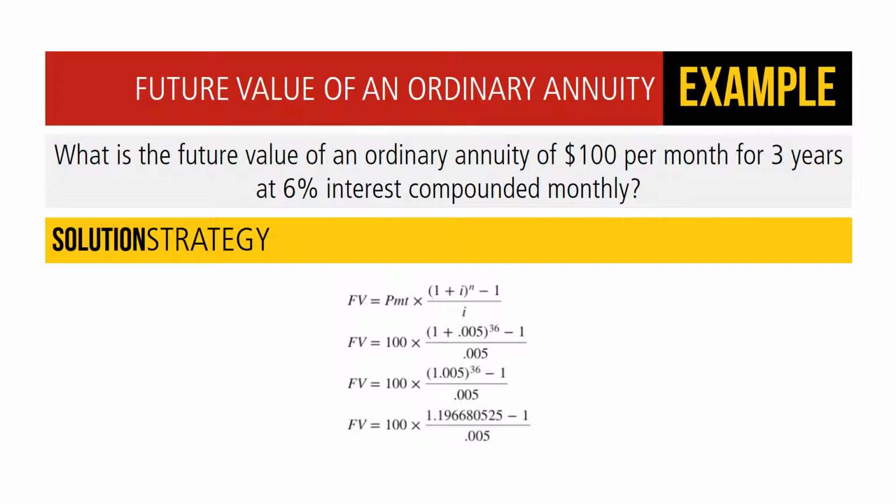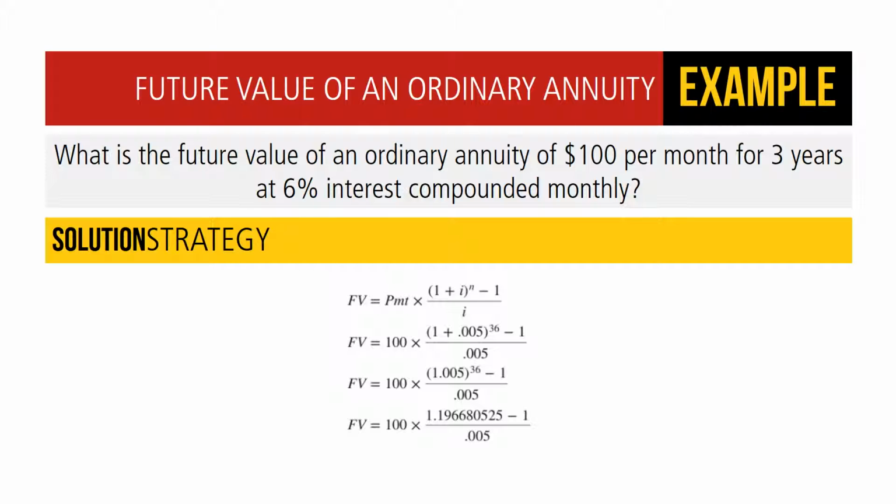What is the future value of an ordinary annuity of $100 per month for 3 years at 6% interest compounded monthly? Our solution strategy looks like this. FV equals payment times 1 plus I to the nth power minus 1 over I. So future value equals 100, which is the amount of the annuity per month, times 1 plus 0.005 to the 36th power minus 1 over 0.005. So that equals 100 times 1.005 to the 36th power minus 1 over 0.005, which takes us to